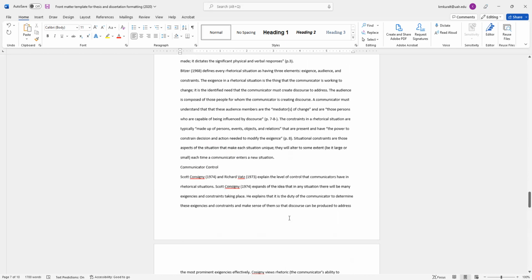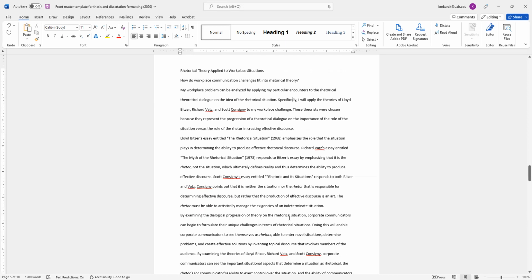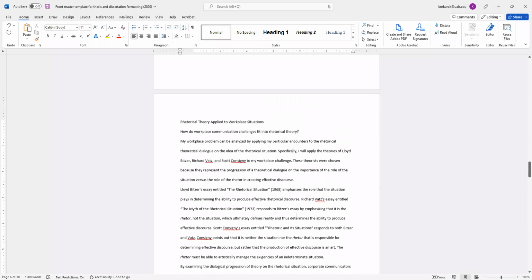Okay, step 2. We want to apply styles to the headings and the subheadings. This takes a little bit of extra planning on the front end and will save you insane amounts of time on the back end, because once I apply styles to the headings, then I can get Word to auto-generate a table of contents for me, which I can then auto-update no matter what changes later in the thesis. Once you've seen this, you will never, never go back to manually typing your table of contents ever again. All right, so watch what we're going to do.